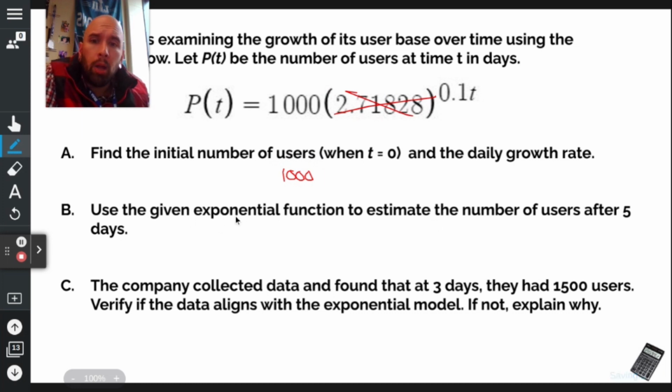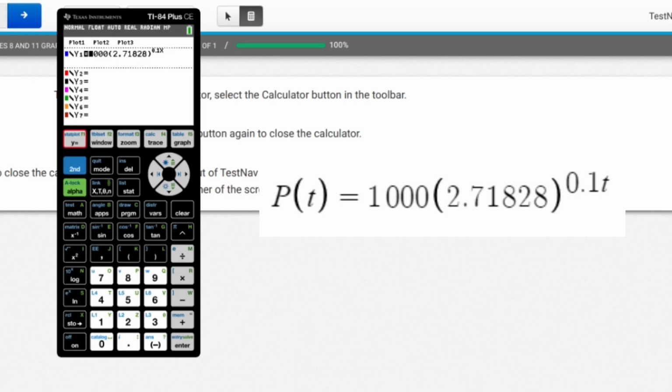I'm going to come up with an exponential function. I have an exponential function. I'm going to use that guy to plug in 5. See what happens. B, use the given exponential function to estimate the number of users after 5 days. Well, T is 5 in this case, so X is 5. So I'm going to hit second calc value. I'm going to plug in 5, enter, and it's going to be